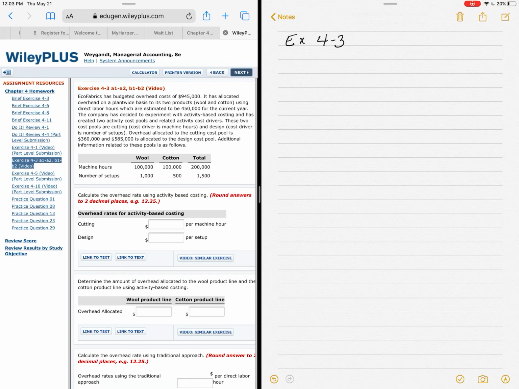The first step is to find that activity rate. We need to find those activity rates by cost pool. To do that, we're going to take estimated over estimated. So when I look at the different cost pools, we have a cutting and a design. The cutting is based on machine hours and the design is based on setups. So for cutting,